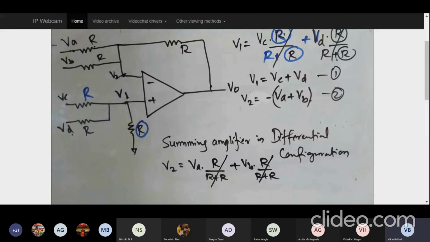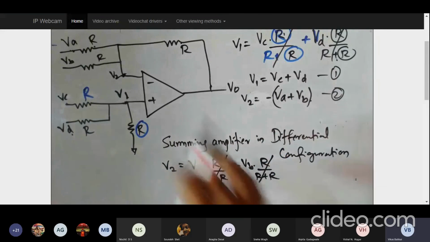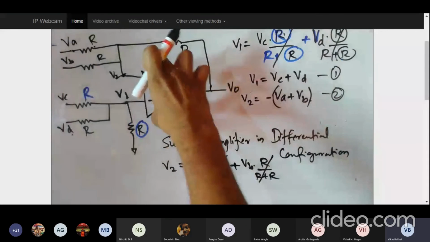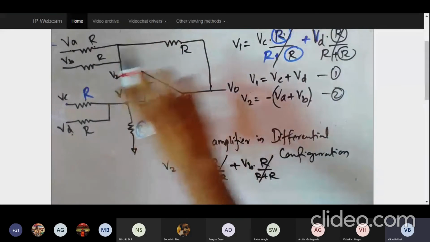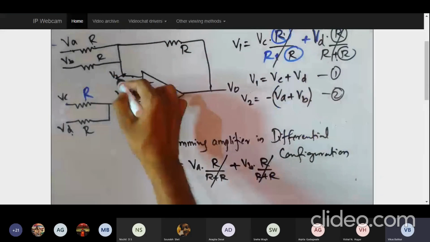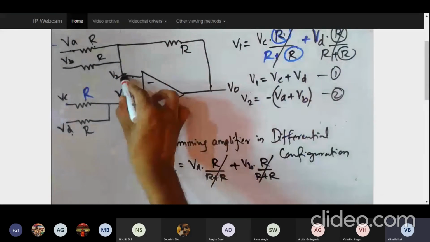So finally V1 and V2 next bantu. And if I want to add them together, or basically what is going to happen at the op-amp for the basic funda, it is going to give me the difference in the voltages over here. So ನನಗೆ ಇಲ್ಲಿ ಏನು ವೋಲ್ಟೇಜ್ ಬಂತು, ಇಲ್ಲಿ ಏನು ವೋಲ್ಟೇಜ್ ಬಂತು, ಡಿಫರೆನ್ಸ್ ಆಗಿ ನನಗೆ ಔಟ್ಪುಟ್ ಬರ್ತದೆ. ಸೊ ನನಗೆ ಇಲ್ಲಿ ಏನು ವೋಲ್ಟೇಜ್ ಬಂತು V1 which is over here, ಇಲ್ಲಿ ಏನು ವೋಲ್ಟೇಜ್ ಬಂತು V2 which is over here.